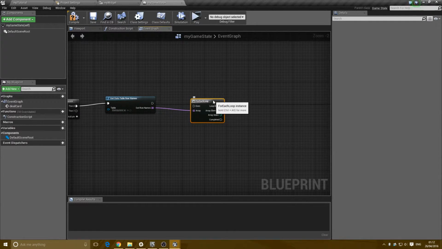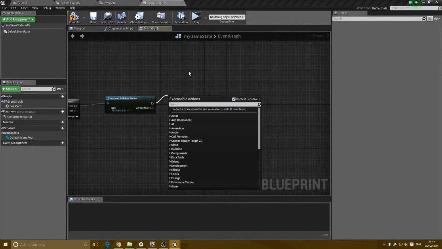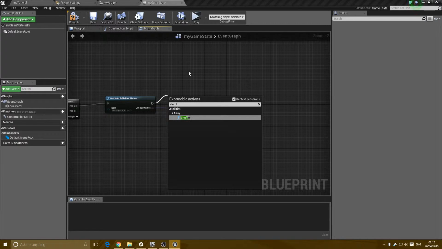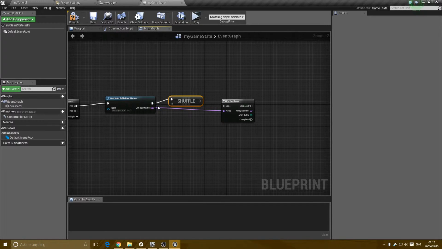But between that and the for each loop, I want to shuffle. I'm going to take the output from the out row names and stick that through there, and obviously that now has just got that tint of purple, and that will just indicate that it is the right thing. You won't be able to connect anything else up to that. And we come out of there and execute the for each loop,